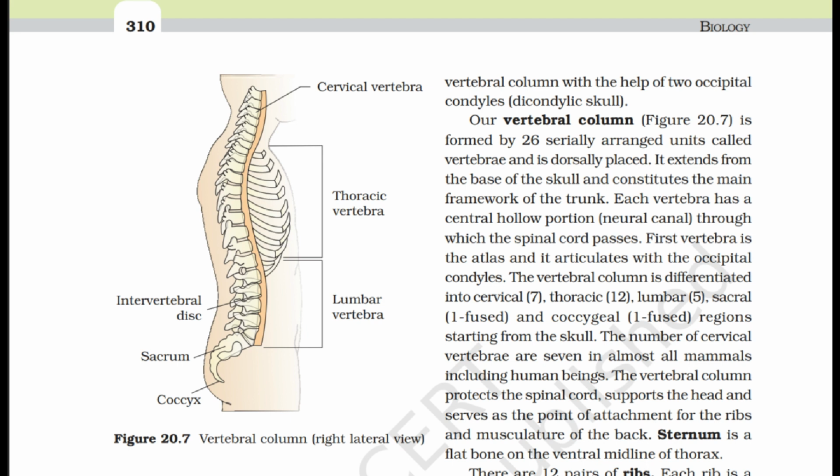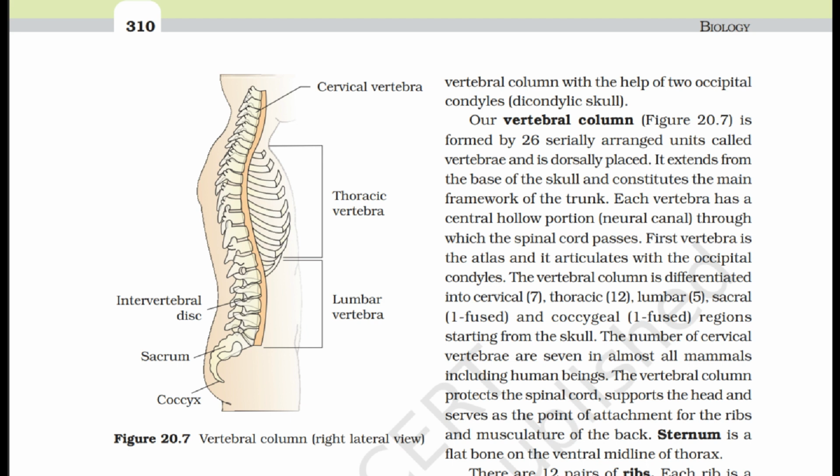Our vertebral column is formed by 26 serially arranged units called vertebrae and is dorsally placed. It extends from the base of the skull and constitutes the main framework of the trunk. Each vertebra has a central hollow portion, the neural canal, through which the spinal cord passes. The first vertebra is the atlas, and it articulates with the occipital condyles. The vertebral column is differentiated into cervical (7), thoracic (12), lumbar (5), sacral (1, fused), and coccygeal (1, fused) regions